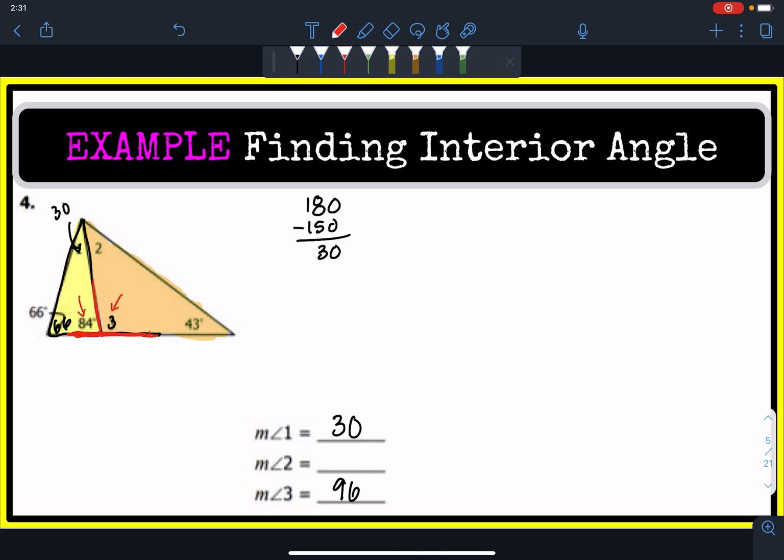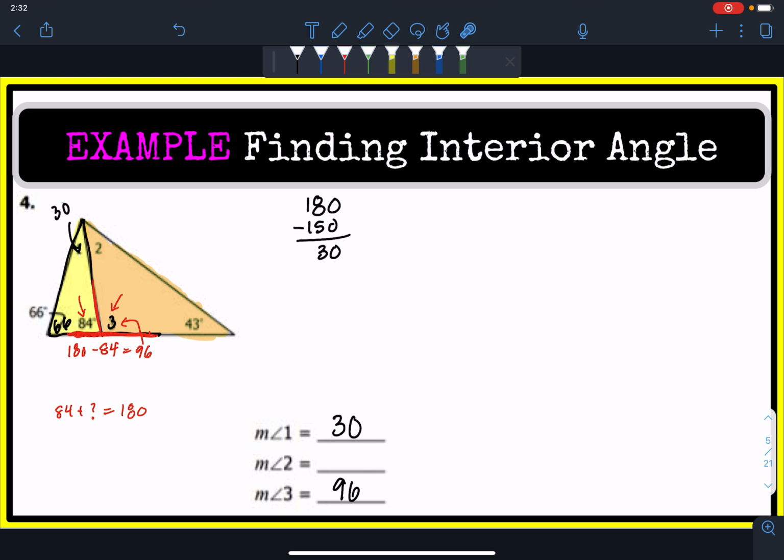angle 84 and angle 83 are a linear pair, meaning again that they are supplementary. So if you recall this definition from our unit 1 lessons, supplementary angles or linear pairs in this example add up to 180 degrees. So the 84 and whatever this angle measurement is has to add up to 180 degrees. Which means that I can figure out angle 3 by getting 180 and subtracting 84. And wouldn't you know it, 180 minus 84 is equal to 96, which is exactly what I got